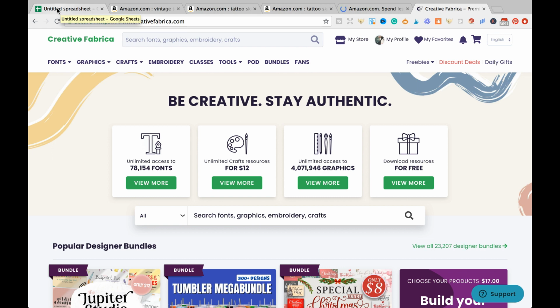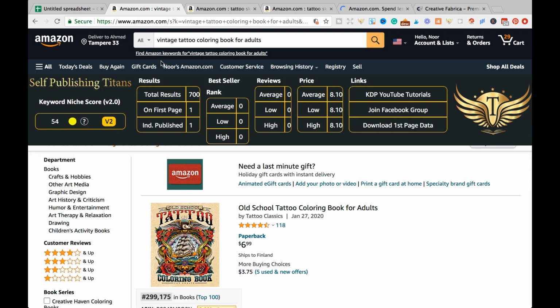Now we will get along with the first keyword, which is vintage tattoo coloring book for adults. As you can see here, the keyword score is quite high. It is 54, and I usually go by anything that is higher than 45, and also I look at the search results as well. So here we have a wonderful result for the total searches, which is under 1000, and this is 700 total results for this keyword,